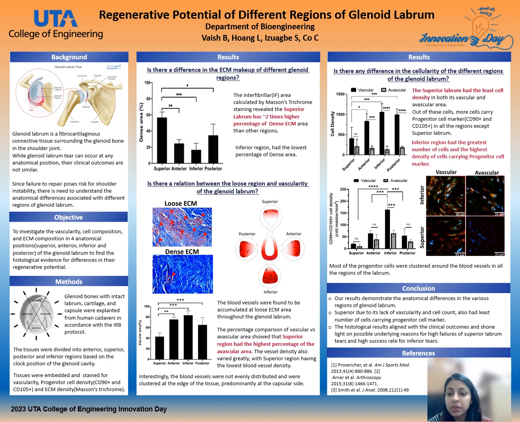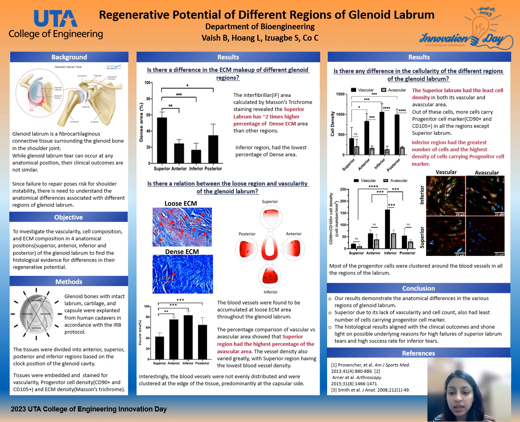Overall, our results were able to demonstrate the differences in the various regions of the glenoid labrum. And our results indicated that the superior region had the poorest regenerative potential due to its lack of vascularity, low cell count, and low progenitor cell density. Whereas in the inferior region, which showed the highest regenerative potential, there was very high cell density, a very high count of progenitor cells, and the lowest ECM